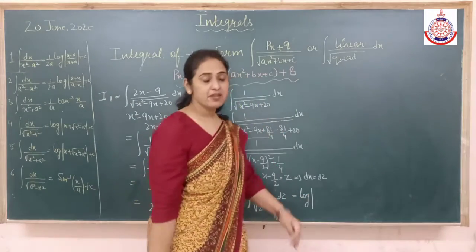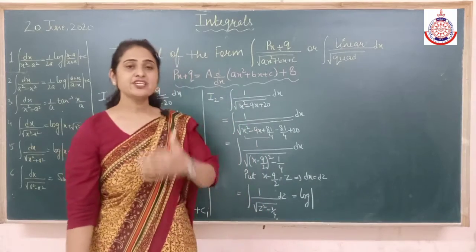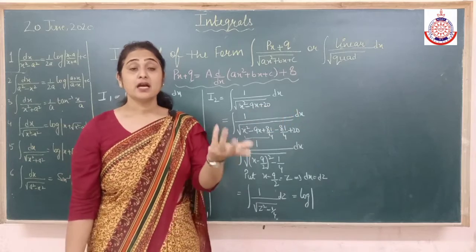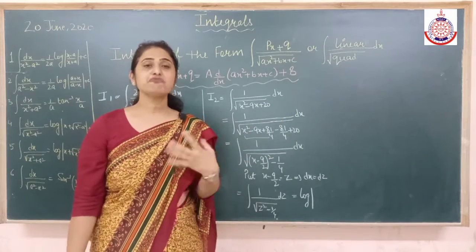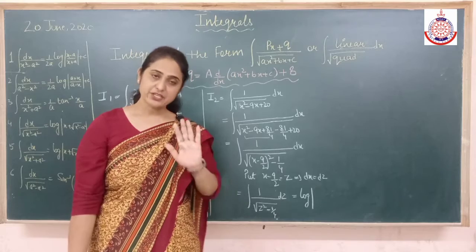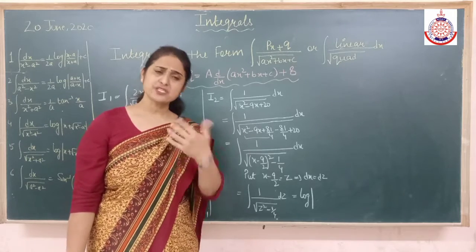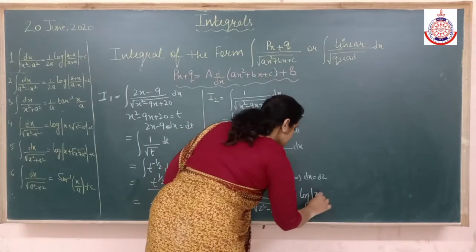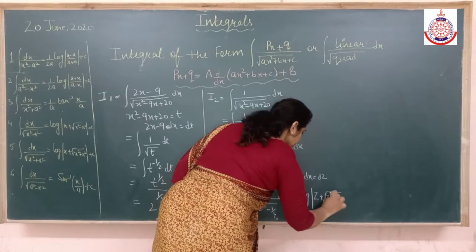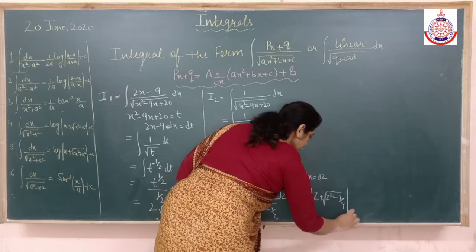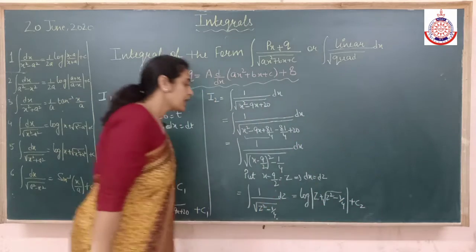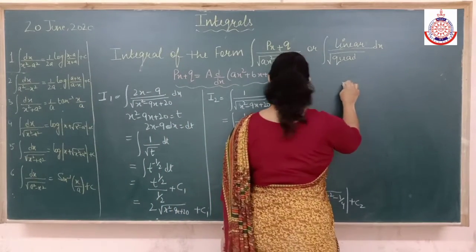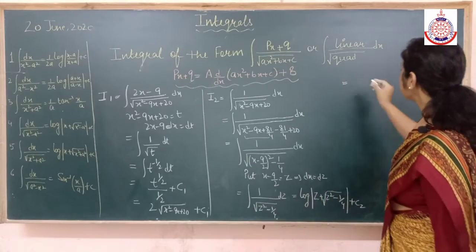See children, this question becomes a little lengthy, alright, but patiently you have to do it. Some mistake, as instead of 9 half, I said 9's half is 3. So such kind of mistakes should not happen. Clear? So patiently, step by step, keep doing it. Questions are easy, but a little lengthy, nothing else. So it will be x, C2. Put the value. Put the value of z back and solve it.